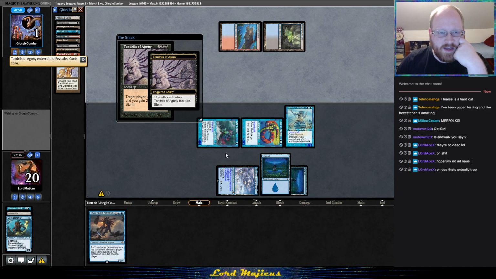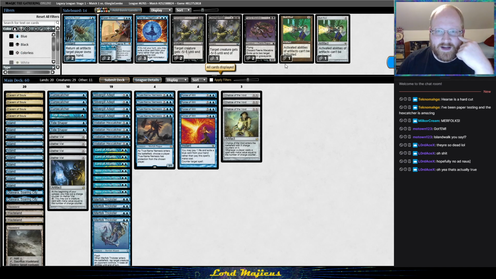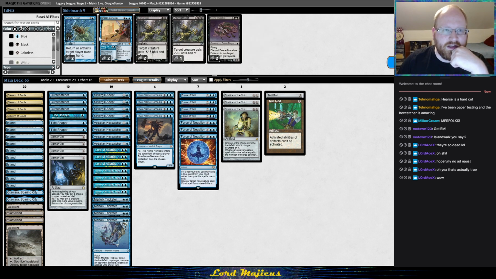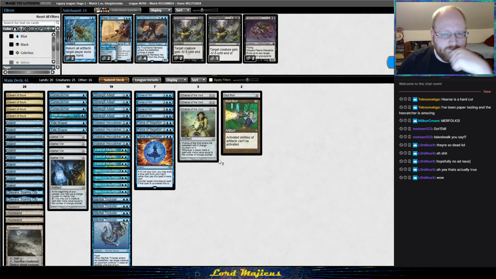Alright, you got this. It's fine, because we have lots of stuff to deal with them. We're going to bring in Null Rods, we're going to bring in Force of Negation, and that should do it. We'll take out True-Name Nemesis. If I had a Hexcatcher, that definitely would have won us the game there. We did as much as we could have tried to, so I think...